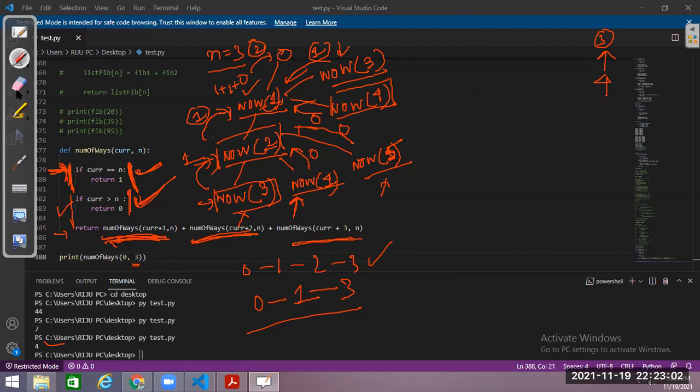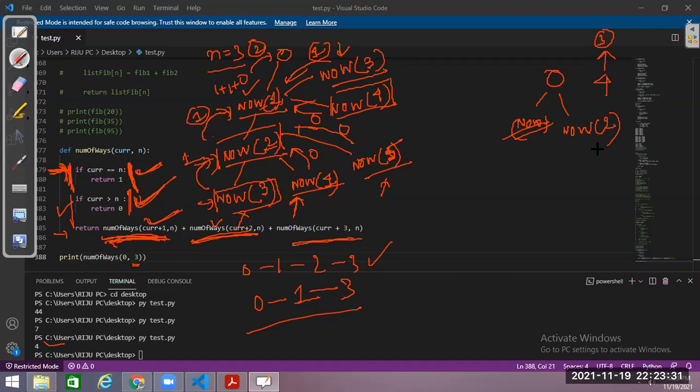Okay, let's move on. Now from 0, what functions we have taken till now? These amount of functions are called. Now number of ways from 0 has seen only one function call, that is this. Now it will go for the second function call, that is number of ways of current plus 2. It will call for 2.